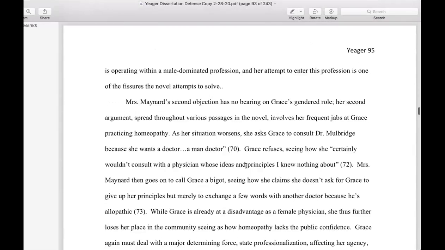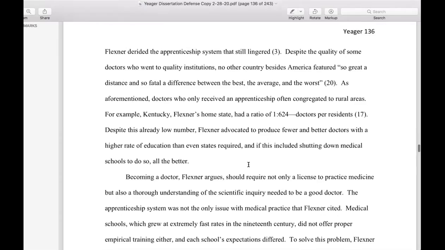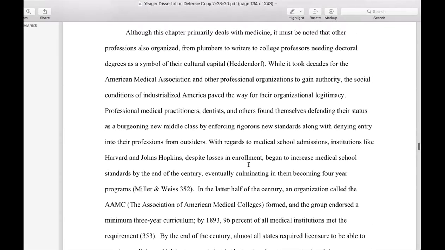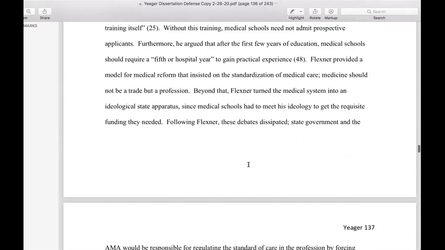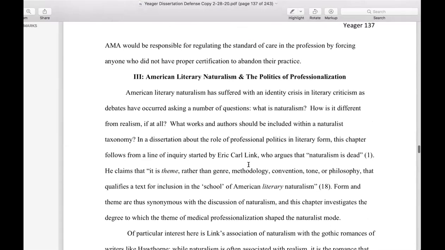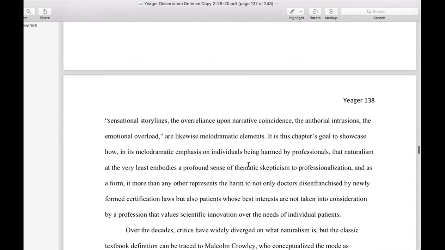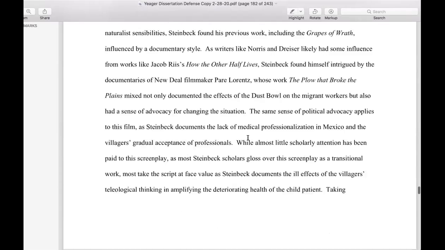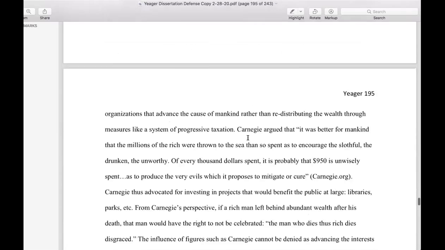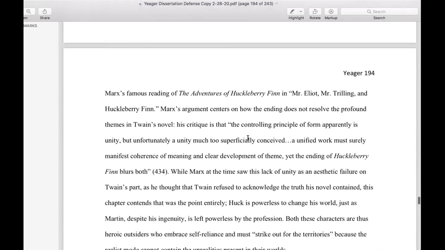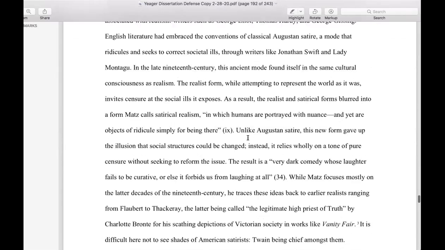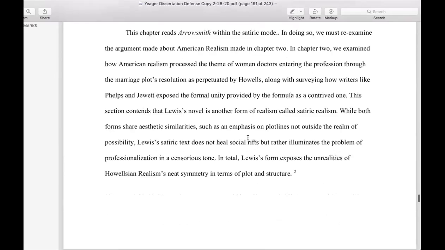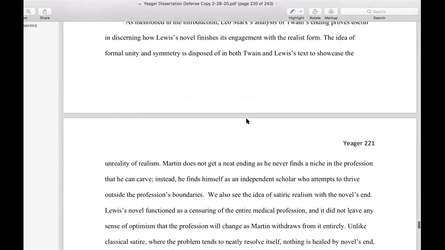Third chapter is about McTeague and Yellow Wallpaper and Steinbeck. I talk about the snake, the story of the snake that we read. Oh yeah, that was a good little story too. Weird but good. The fourth chapter is about Aerosmith, which we're getting ready to read. I have a whole chapter just for Aerosmith.